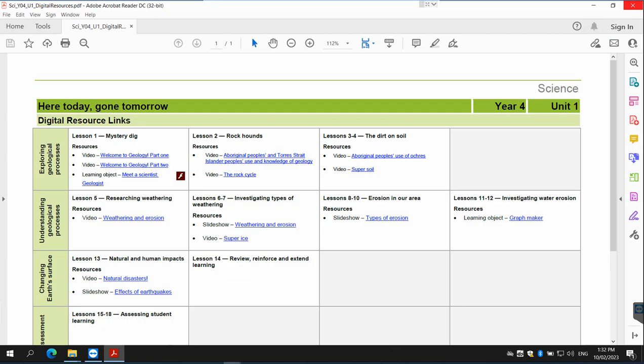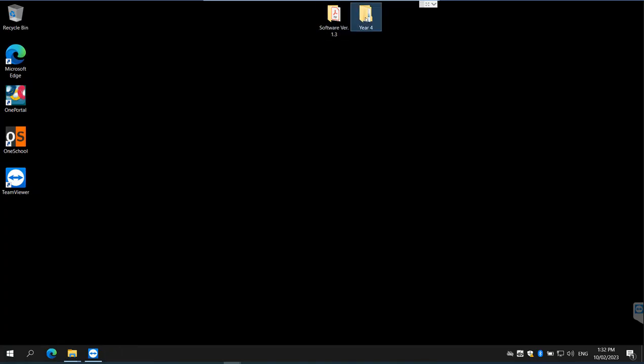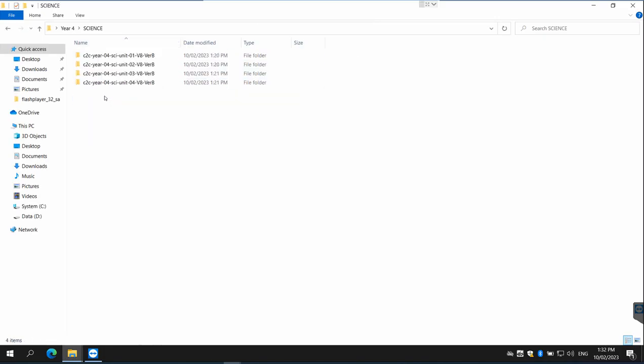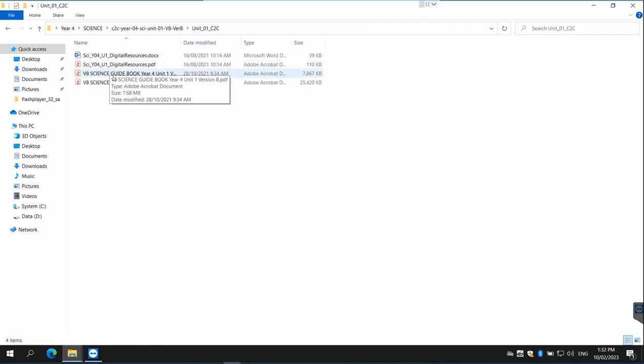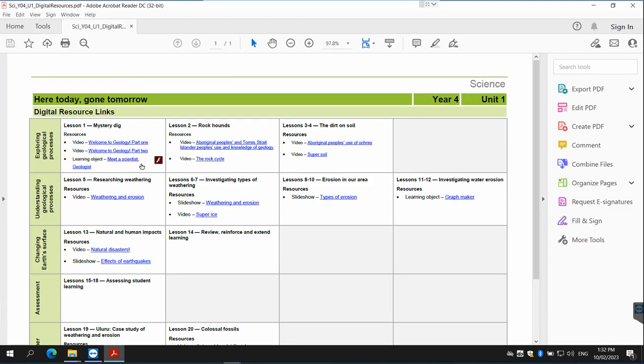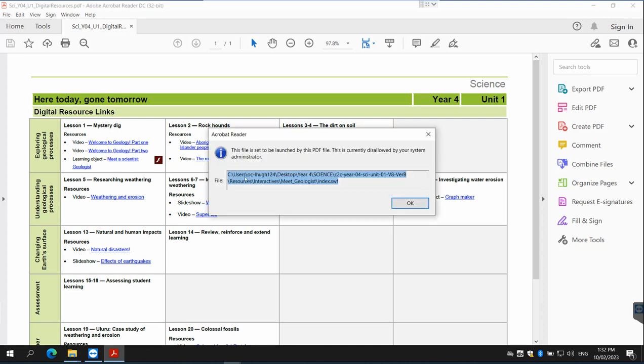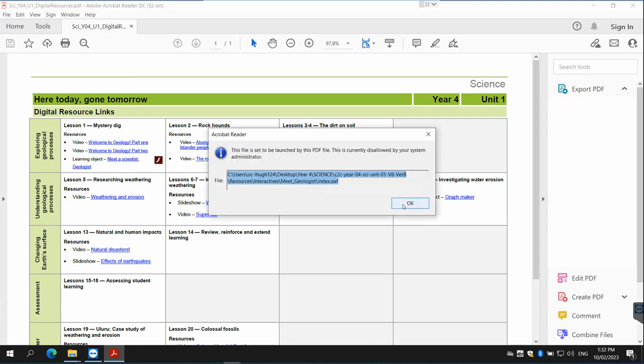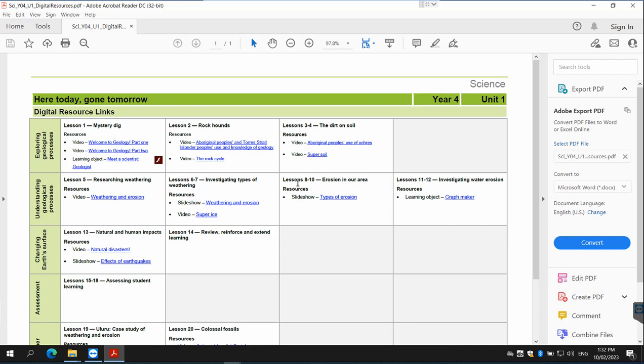So for instance, if I close that, go back to my USB, go back into Science, going back into Unit 1, into my unit, into my digital resources, and now if I click on this link, it will ask me the same thing. Do I want to open this file? If I go OK,